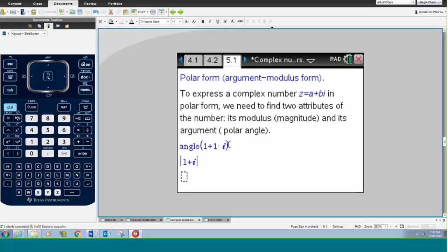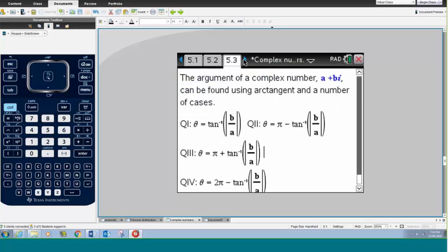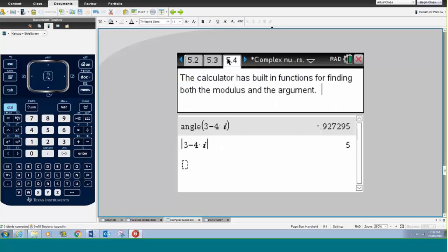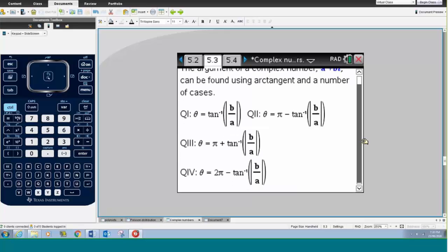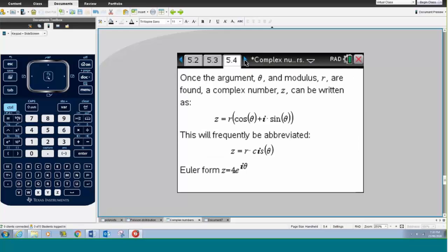That's again using the angle and modulus of a particular complex number feature as I showed, and there is some more theory here. Maybe an important thing to mention is that the Euler number is displayed on a calculator like 4e^(iθ) or something, should be r, not the modulus argument form, so the students need to be aware that those forms